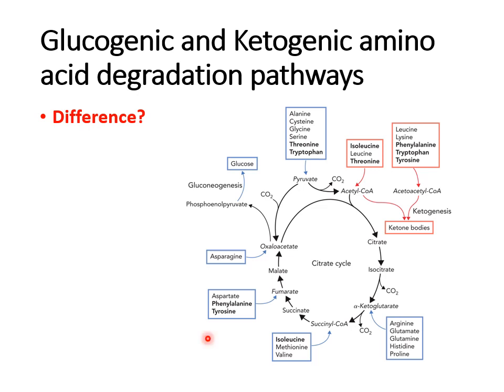Now, when we talk about the degradation of amino acids, we categorize them into two categories of amino acids. We have the glucogenic and the ketogenic over here. And so when we say glucogenic, it's just like the word suggests. These are amino acids that when you break them down, their carbon skeletons are going to be used to synthesize glucose. Whereas the ketogenic amino acids, when you break them down, the carbon skeleton would be used to produce acetyl-CoA